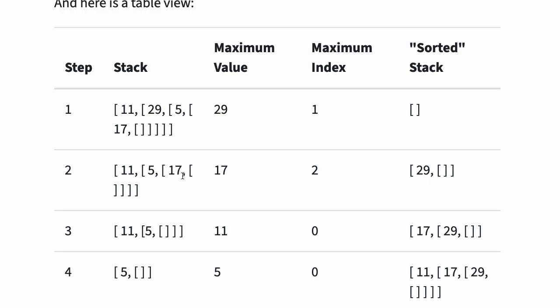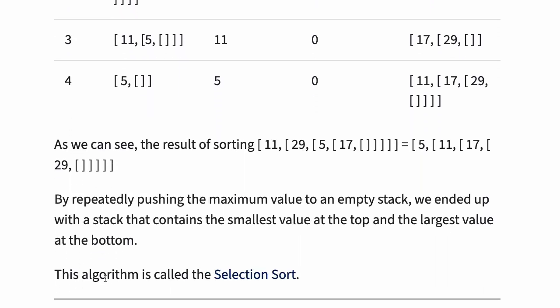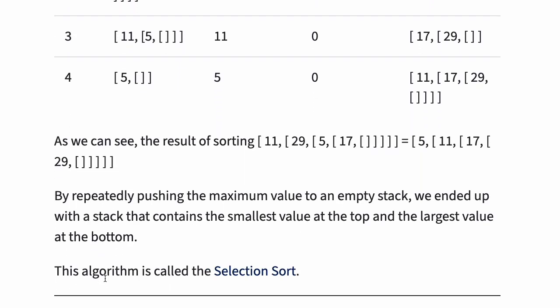In step 2, we pop 17 and push it to the sorted stack. In step 3, we pop 11 and push it to the sorted stack. Finally, in step 4, we pop 5 and push it to the sorted stack. As we can see, the result of sorting the stack 11, 29, 5, 17 is equal to the stack 5,